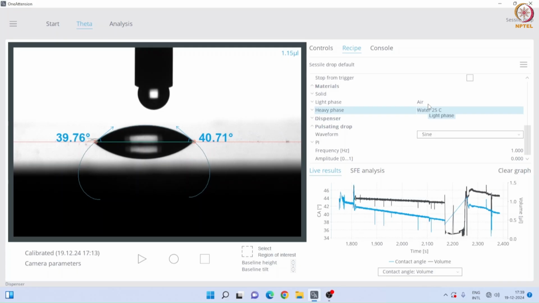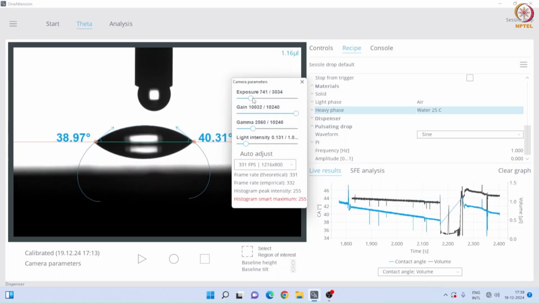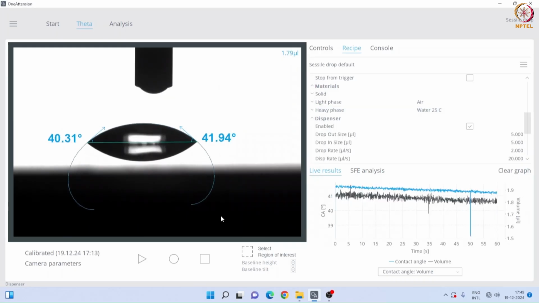After configuring the settings, perform a minor focus adjustment to make the droplet appear accurately on the surface. You can also fine-tune the camera parameters manually or use the auto adjust feature to optimize settings like exposure. You can see here the changes in gamma. Now everything is set.